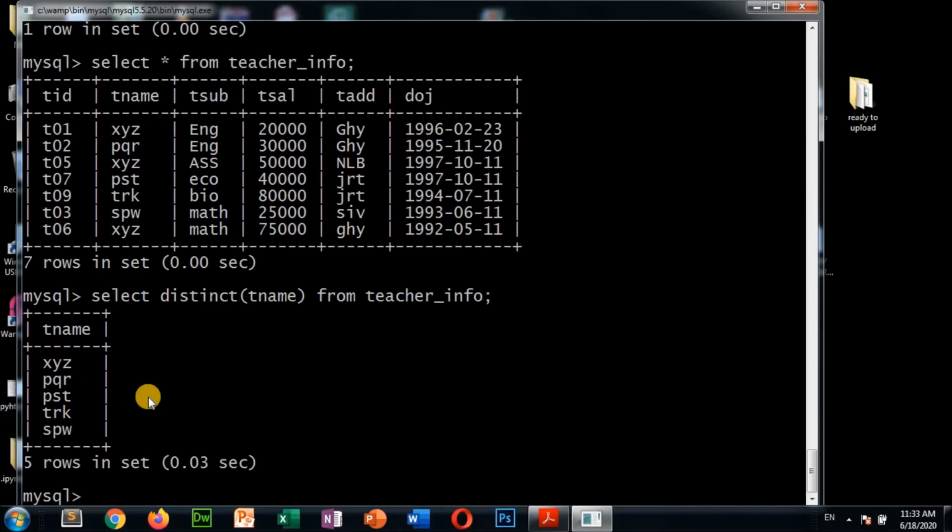And after that suppose we have to delete one particular row from this table. Suppose this T06 record we want to delete from the teacher info table.